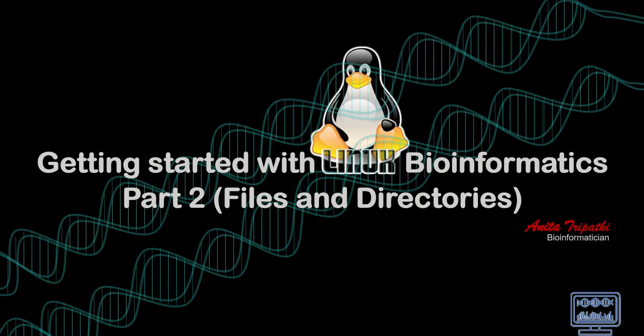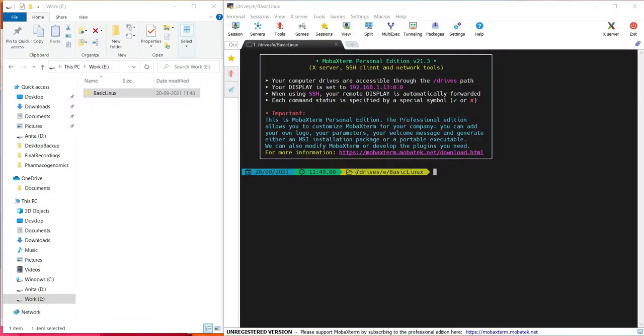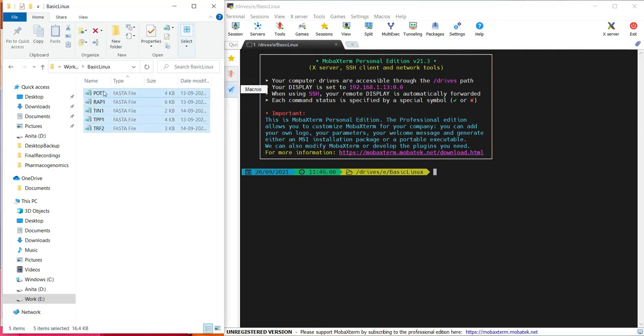The first thing I will be covering today is how to move files from one location to another from the Linux shell, and the command to achieve this is the mv command. So let's start by opening the MobaXterm terminal. Today also I have made this basic Linux directory my current working directory. This has some new files also.